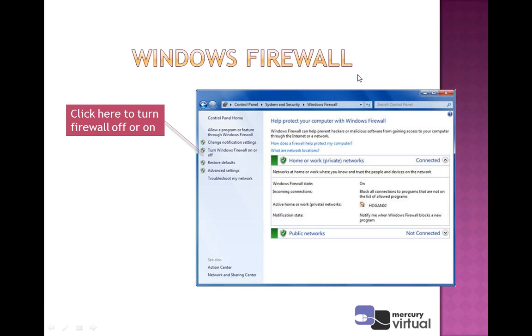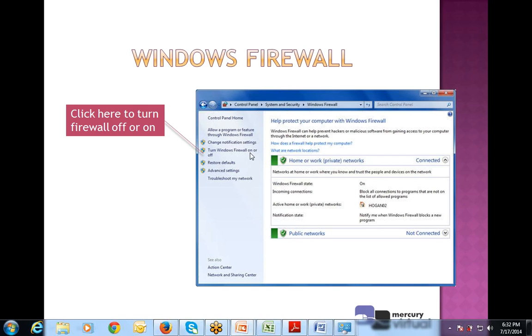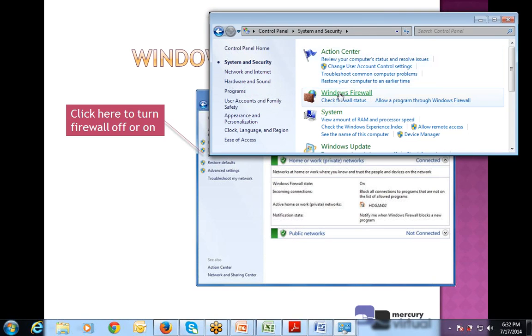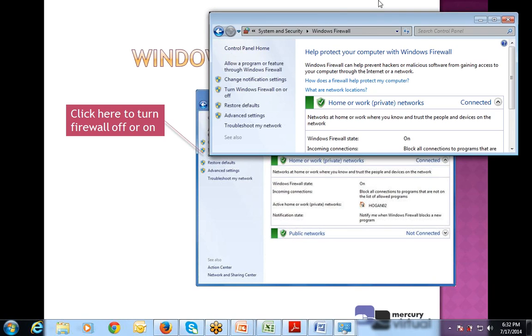Then the next slide is Windows Firewall. This is also coming from the control panel. Just click on the control panel, go to the system security, go to the firewall. This one.